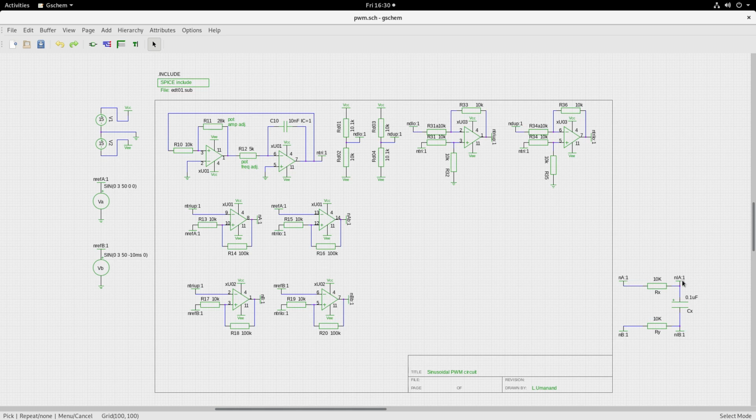Just to cross check, I can see the voltage across the filter. Observe that I have given NA to here, NB to here, and I have put an RCR filter, and across the C I am observing. There are 2 labels, NLA and NLB, and across NLA and NLB you will see the filtered portion of the PWM signal. So let us do that. You should see a sine wave.